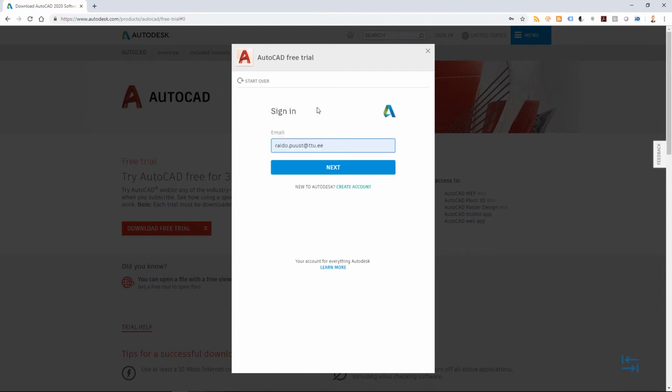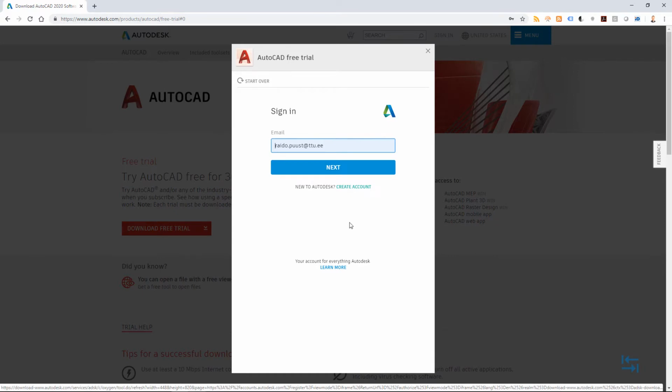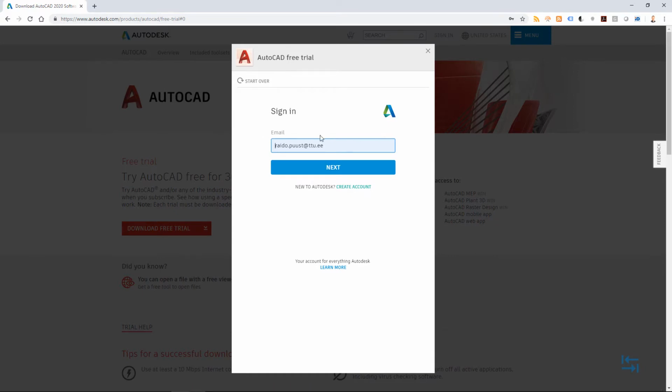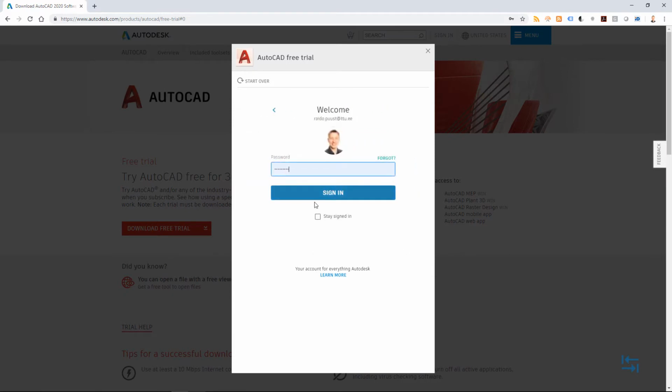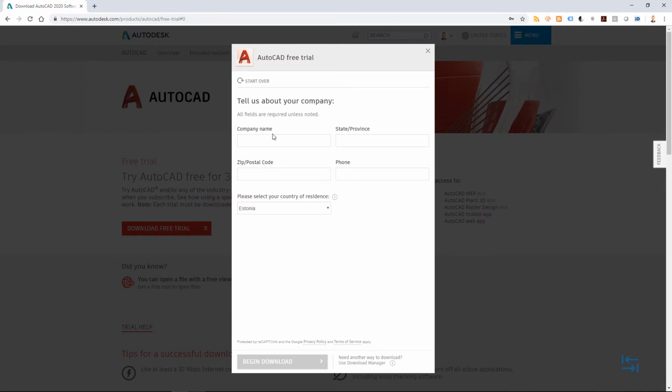I can then use my Autodesk account to log in. If you don't have an account, you can easily create one, create account, and then you can sign in in a similar way. So my email, then next, and my password. I hit sign in. I may need to fill in some additional information like company name and state, zip, phone